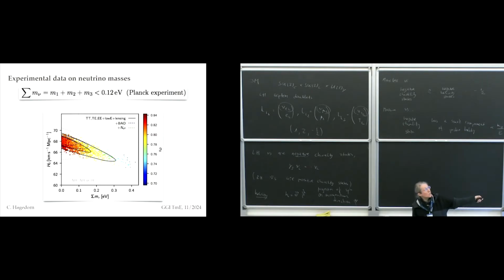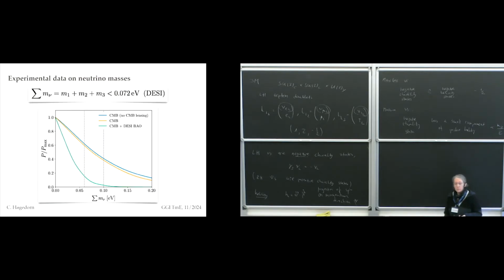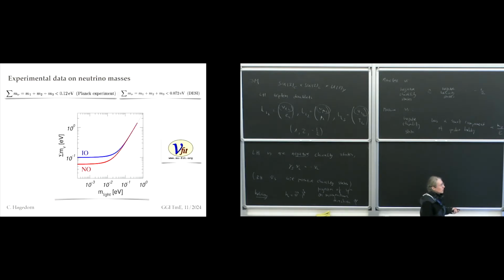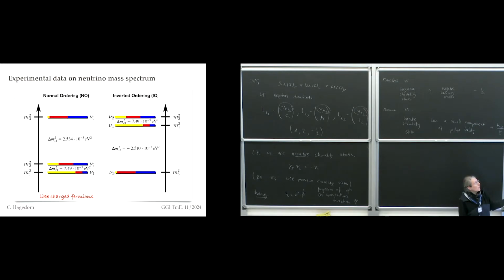This is the information coming from Planck. This is 2018, so probably some of you have seen this release. This is from 2024. This is from the DESI collaboration that did now a much better measurement. And you see that actually this goes down to 0.072 electron volts if you take the most stringent limit. So that tells you that you have now already some picture of the light neutrino mass spectrum. So that's something we also have to deal with and we have to consider.